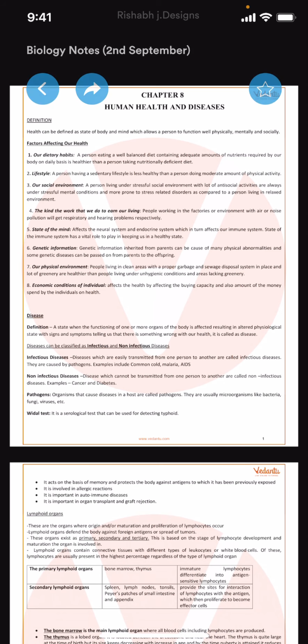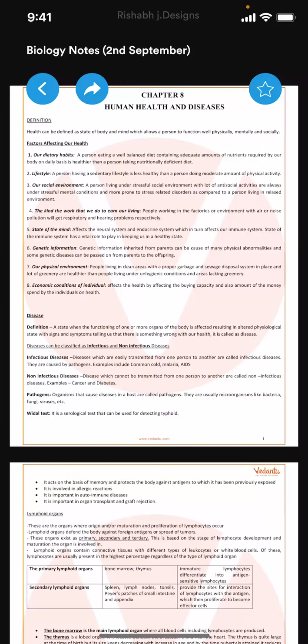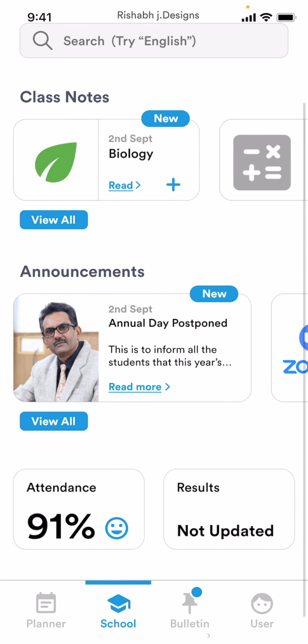You can tap on it and for 1 second it shows you the option of going back, sharing, or saving it. So in this task, let's say I just share it with someone. Then it shows me the iOS native way of sharing any sort of note with people. And then I just close it, go back, and I can toggle through.